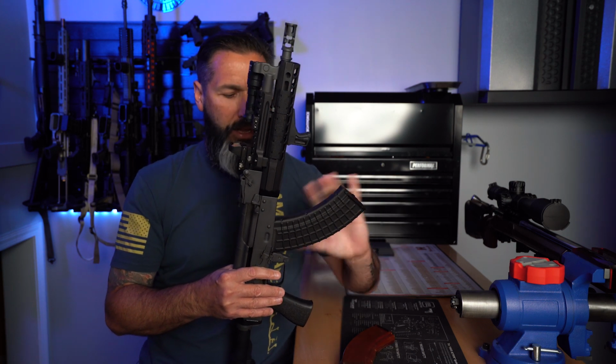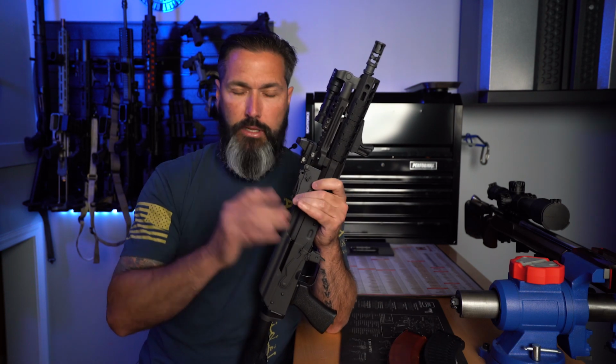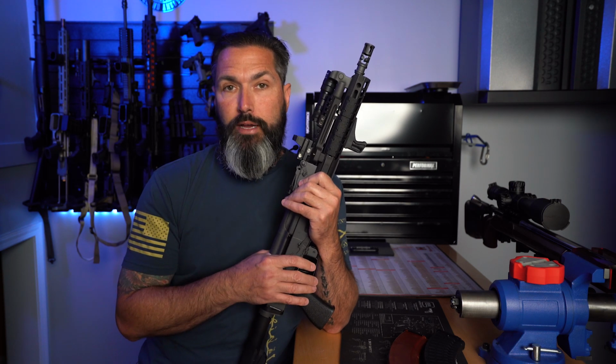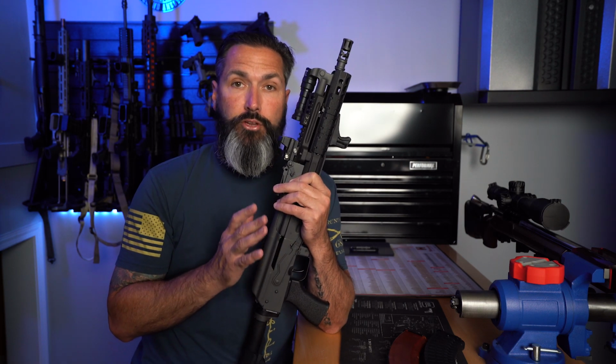They run fine. I'm on about 2,000 rounds through the gun, and I haven't cleaned it, haven't done anything to it, and the only malfunctions I've had with it were with the Magpul mag. So I just threw the Magpul mag away and I just won't use it. Everything else runs great. The recoil impulse on the gun is much softer than you would expect for a gun